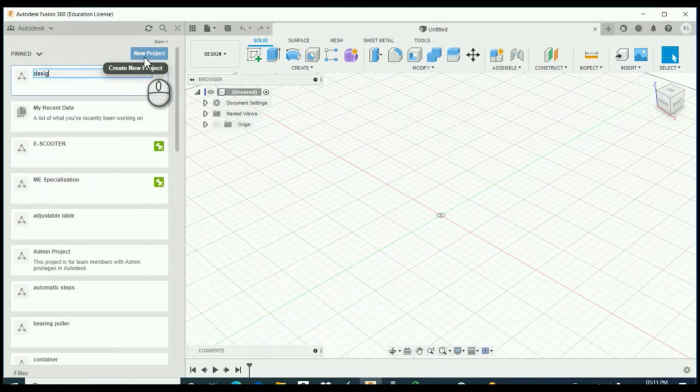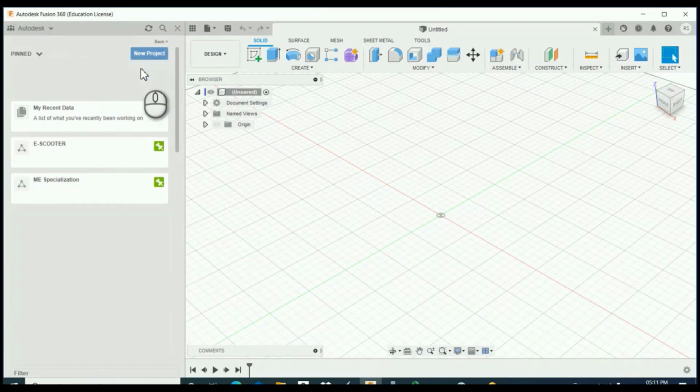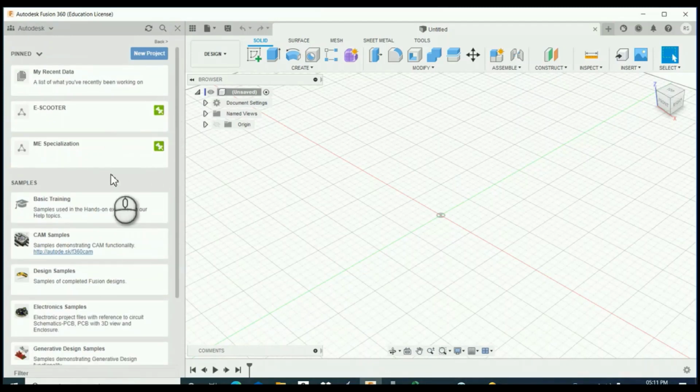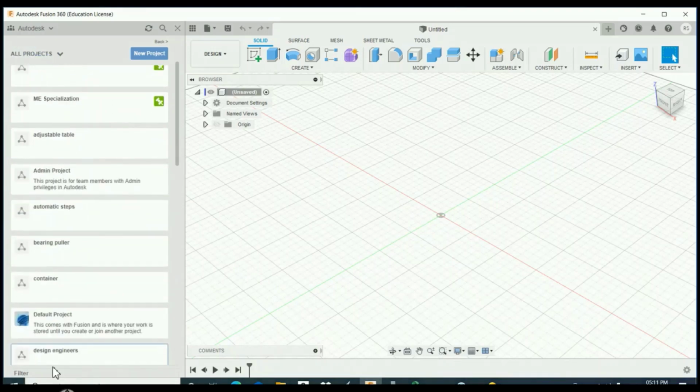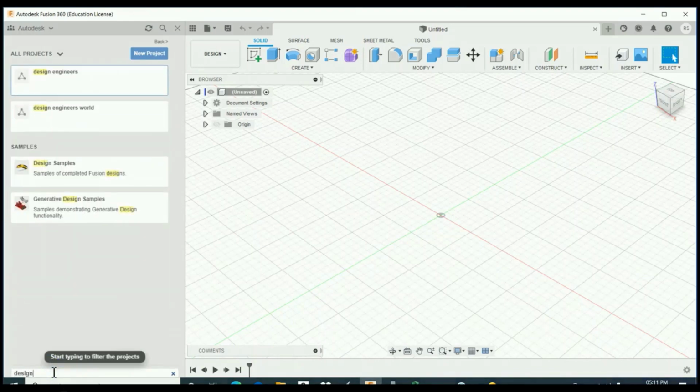After that, give the name, Design Engineers World, and click enter. After that, we have created a new project, and we don't know where the project is located. Go to all projects. In this, all the projects are visible, and there is a filter. Type the project name, and here we got the project.